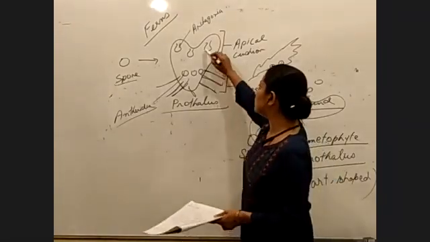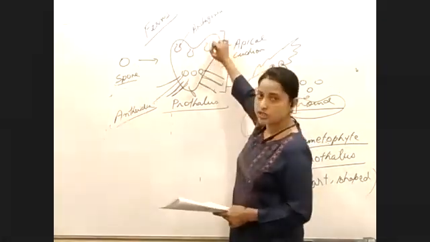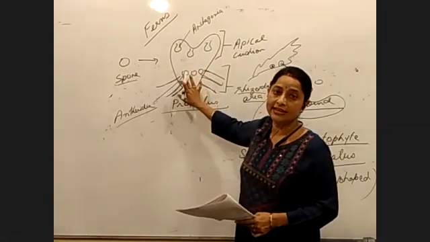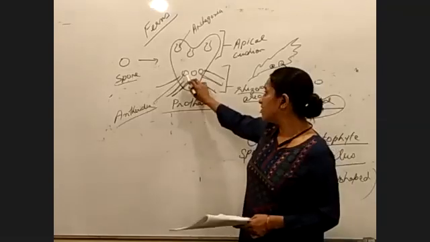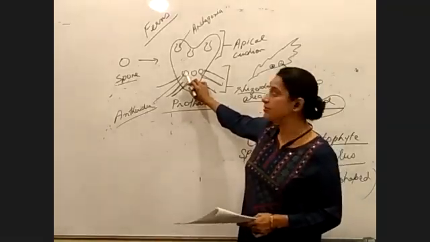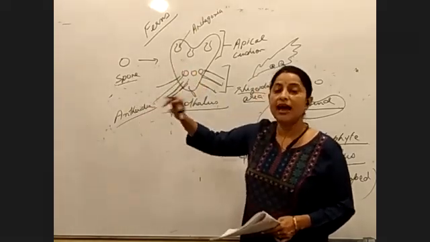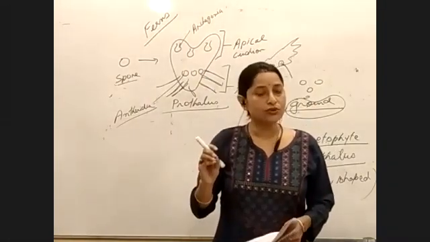In the prothallus, what you see is the sex organs. The archegonium, the female sex organ, is in the apical cushion area. The antheridium, the male sex organ, is in the rhizoidal area. This antheridium will develop the male gametes, and in the archegonium you will see the egg, the female gamete. Ultimately, the egg and the male gamete will fuse together.